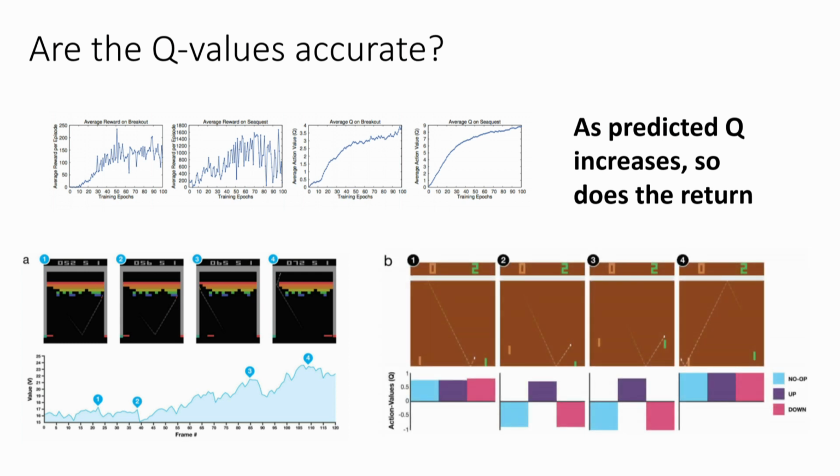We can look at the Q values for different actions. Basically, these three bars show the Q values at the same state but for different actions. So this one is for doing nothing. This one is for moving the paddle up. This one is for moving the paddle down. This is the game Pong. You can kind of think of it as basically table tennis, but for an Atari game. So you control this green paddle, and you move it up and down.